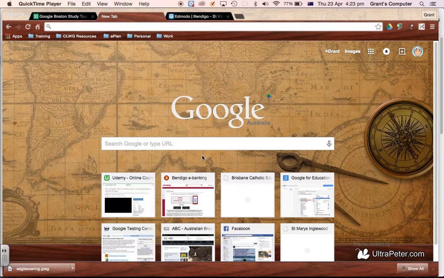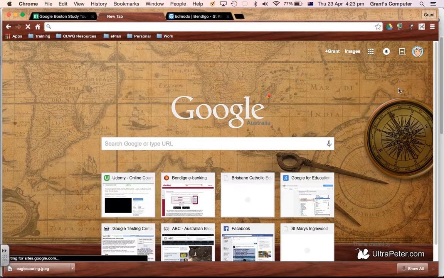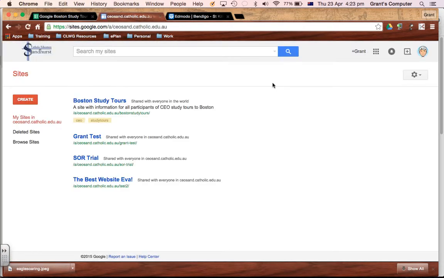Okay, what we're going to do is just have a quick look at how we might do the service to schools. So what I've done is created a Google site, and you'll know when you're logged on to Google, and in time you'll all be in the Google domain. One of the Google apps you'll have access to is Sites, and Sites is where you can build a website or something similar. I have made a SOR trial,